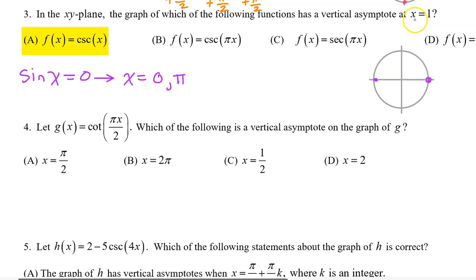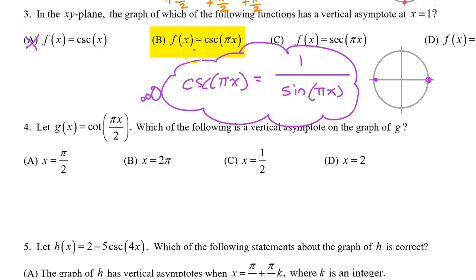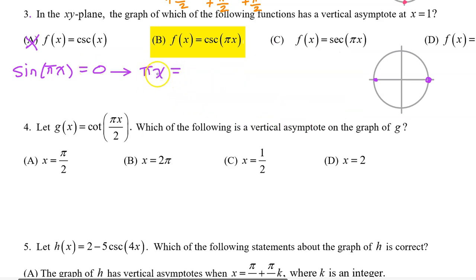We were looking for x equals 1, so A is not the answer. For option B, you should be thinking cosecant of pi x is equal to 1 over the sine of pi x. This function will have a vertical asymptote wherever the denominator, sine of pi x, is equal to 0. So we can find the vertical asymptotes by setting the sine of pi x equal to 0. First, we solve for pi x